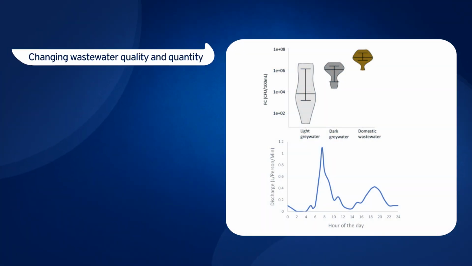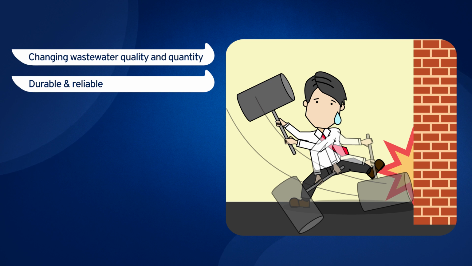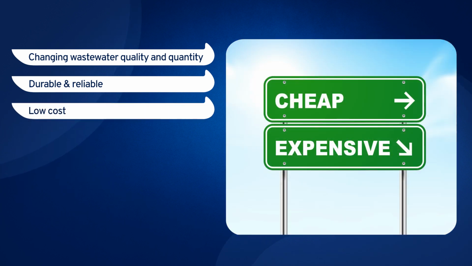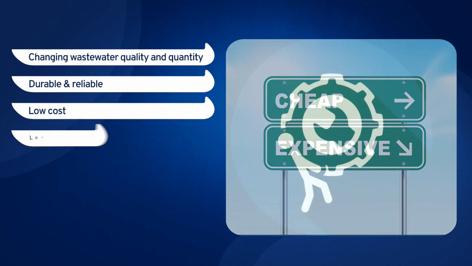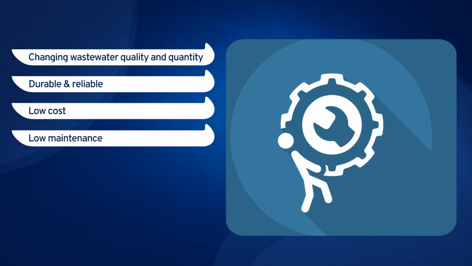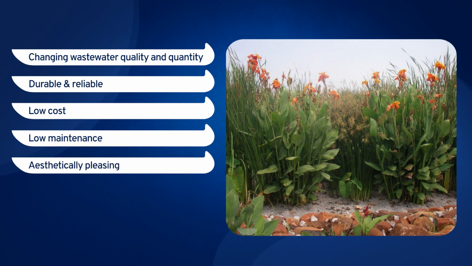Changing wastewater quality and quantity. The system may be used by non-professionals and in close proximity to public and children. Thus, it must be durable and reliable. It should be inexpensive and low maintenance, as it must be paid for and operated by the homeowner. Overall, any on-site treatment unit should be feasible for small owners or operators and should not require complicated or frequent professional maintenance. Since these systems are installed in close proximity to people, they should be aesthetically pleasing with no strong